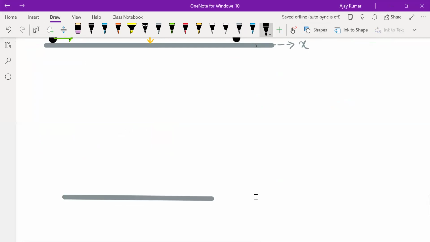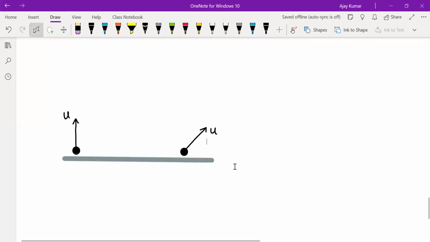Consider two cases of projection. One case where the object is projected straight up with a speed u, and one case where the object is projected at an angle but with the same speed u. Do you think the ball will rise to the same heights in both cases? Like from your everyday experience or based on your logic, you tell me, do you think they will both rise to the same height?